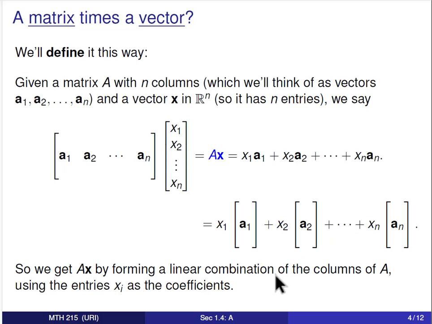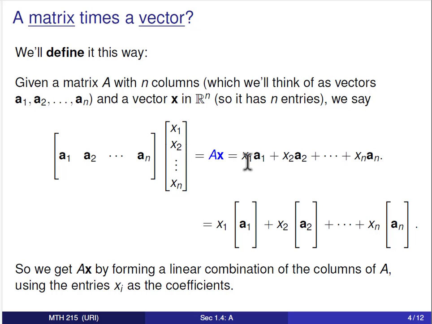All right, so let's talk about a matrix times a vector. Now, we're going to define it this way. There's nothing that says it has to be this way other than our definition. And so, given a matrix A with n columns, which we'll think of individually as being the vectors A1, A2 through AN, so there are n columns in the matrix A here, which is pictured on the left, and given a vector x in Rn, so it also has n entries, a first entry, a second entry, all the way through the nth entry,